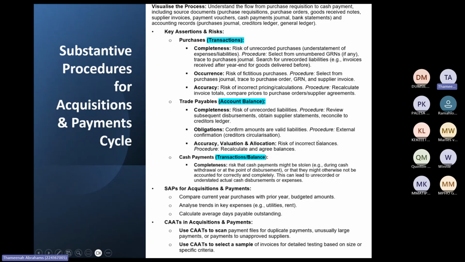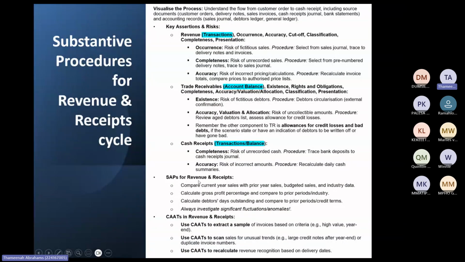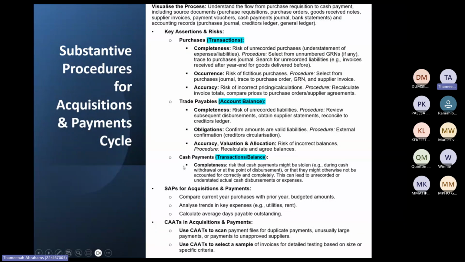You can also do an external confirmation with a creditor, meaning you would email the creditor like you email the debtor, but this is not really done in auditing, to be honest. Because remember, we'd be more concerned with the assets, but you can still do an external confirmation for your creditor as well. Then the same as we discussed for cash receipts, cash payments work the same way. The balance itself is the balance part, and the transaction would be the payments to suppliers, so the movement for the year, the payment to suppliers. Does that make sense, Palisa?